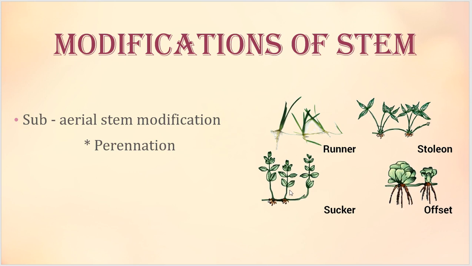And then the next one, sucker. There will be a prominent mother plant which will be having its own primary root, everything. And from the basal stem, basal node, a slender stem will be produced, and when that plant grows subterraneanly, from each node it will be producing a new plant, and roots will also be produced. The tip of the plant will grow taller like a new plant. So that is what happens in sucker. So this is subterranean, arises from underground buds from the mother plant, from the nearby ground, or the first node will be producing this kind of sucker plant.